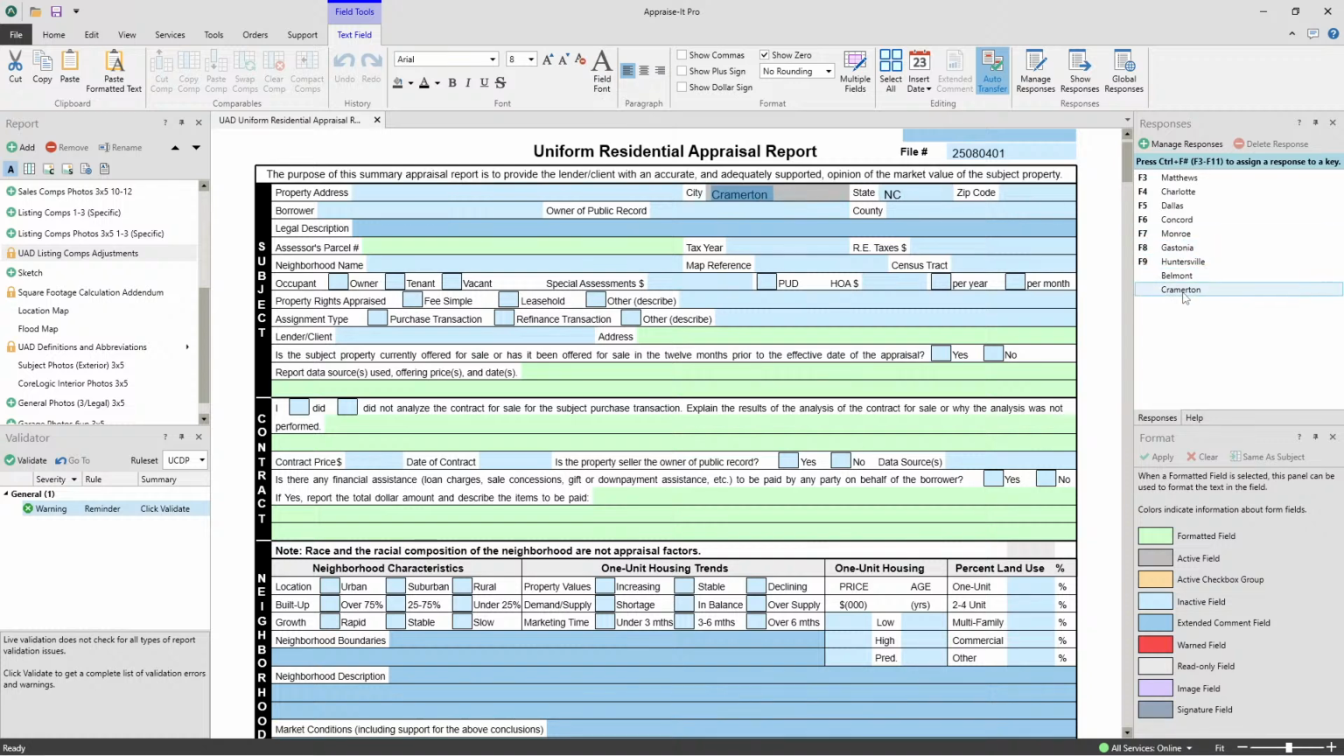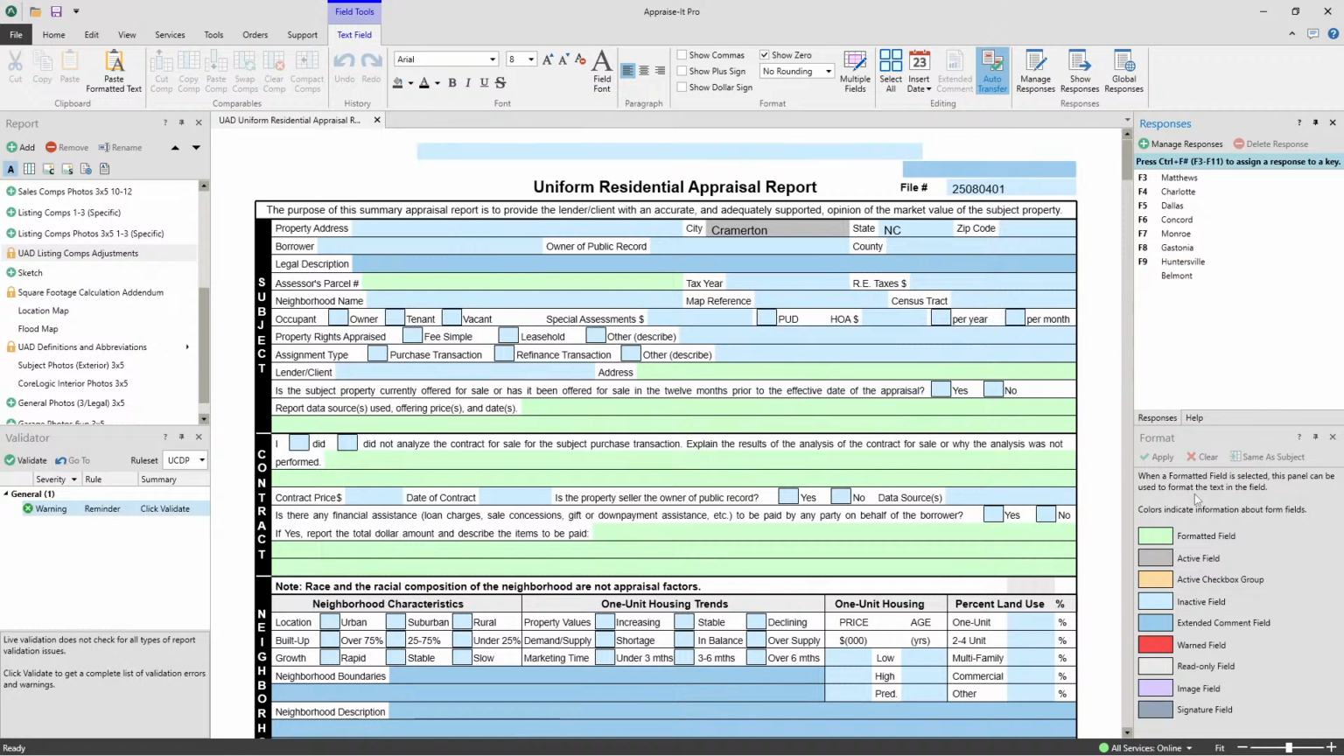If I want to get rid of Cramerton, just select it, click on delete response, say yes, it's gone. Pretty simple, pretty straightforward. Now remember, I did tell you about that hidden panel, that hidden fifth panel, and that